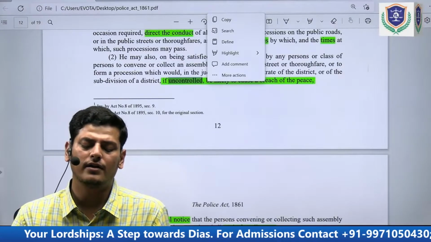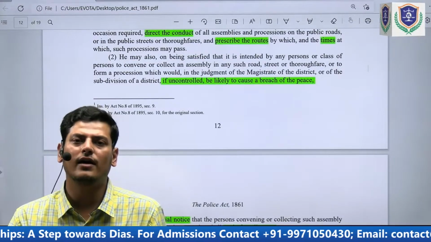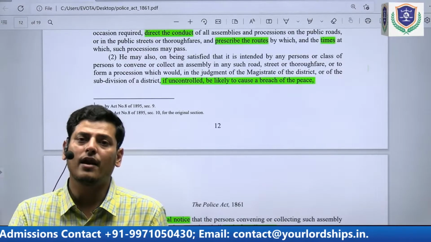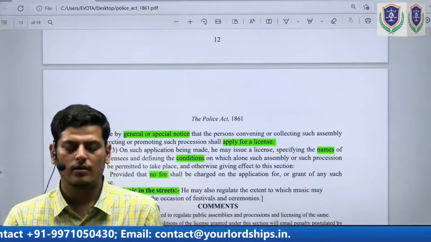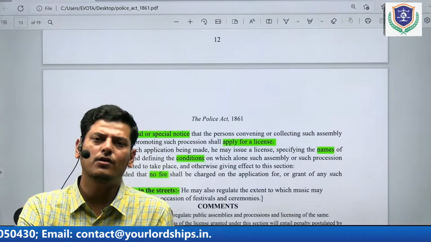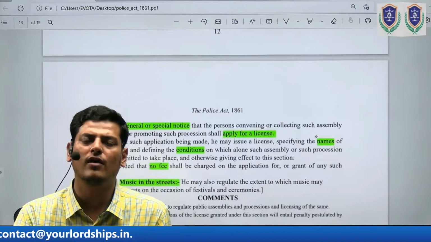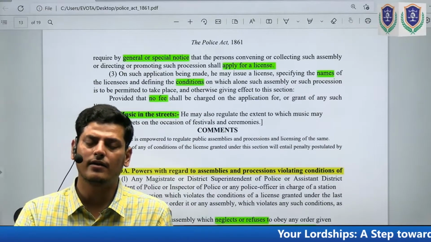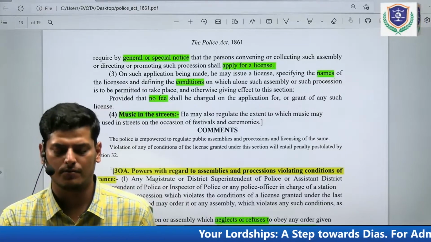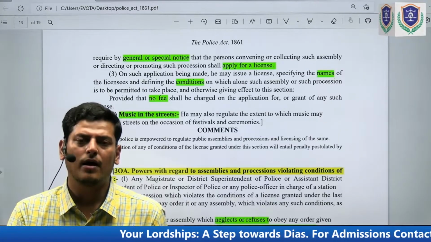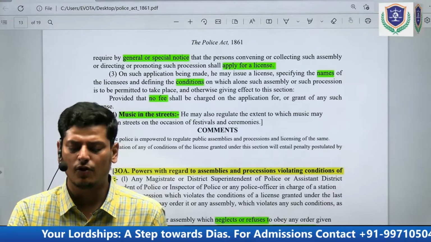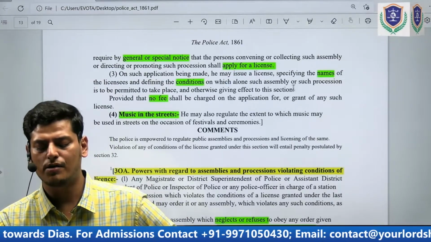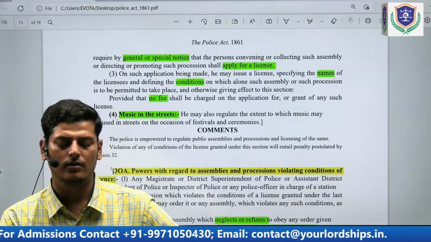So यही जो प्रोसेशन है, अगर मजिस्ट्रेट को लगता है कि ये जो प्रोसेशन होने जा रहा है, जो असेंबली है, it is likely to cause the breach of peace, then by either a special notice or a general notice, he may require that the persons who are assembling or conducting a procession must apply for a license. And upon such application for license being made, he may issue a license specifying the name of the licensee,